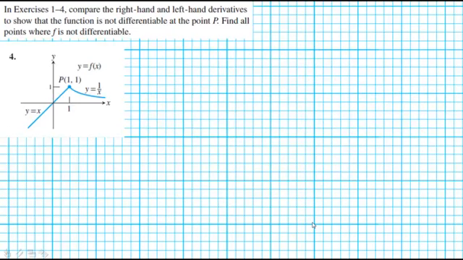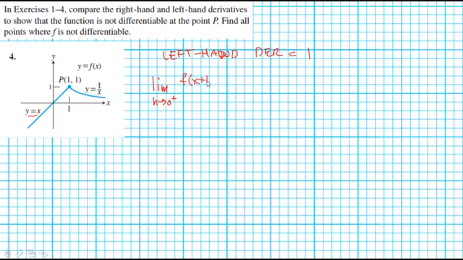Problem number 4. In this case, the left-hand derivative at p is going to be the easy one, and that is this linear function has a slope of 1 all the way through it. The right-hand one will have to do the limit as h approaches 0, in this case from the positive side,